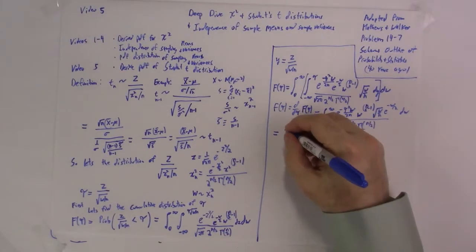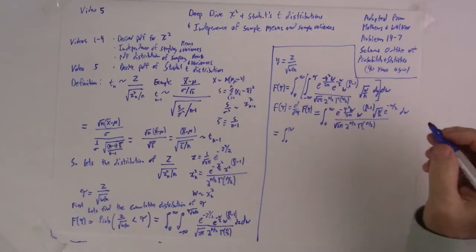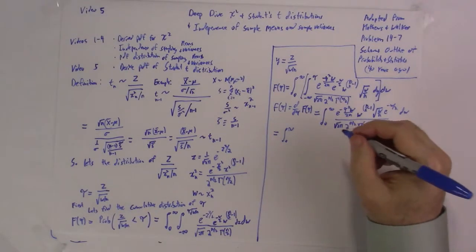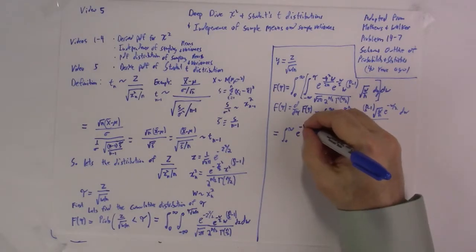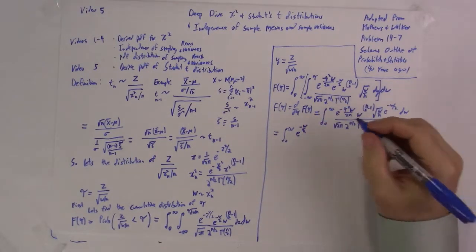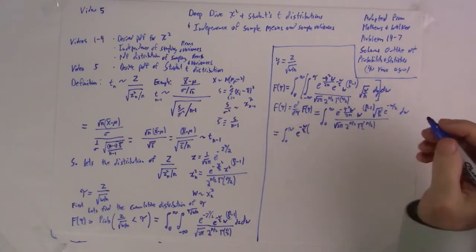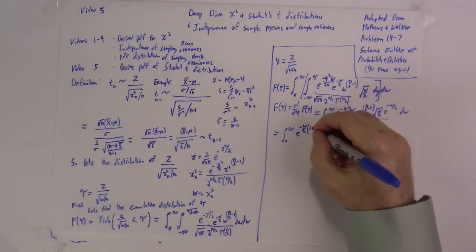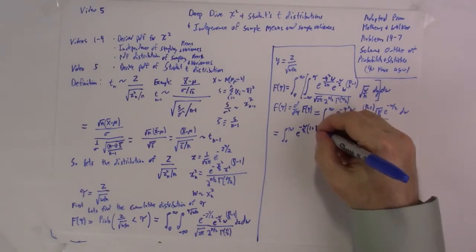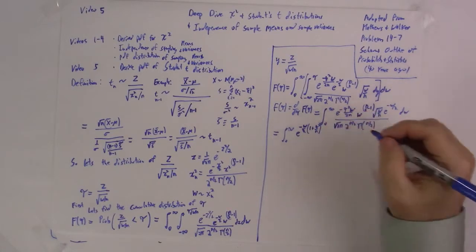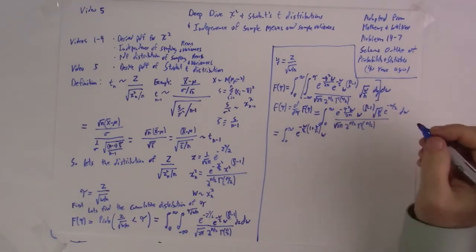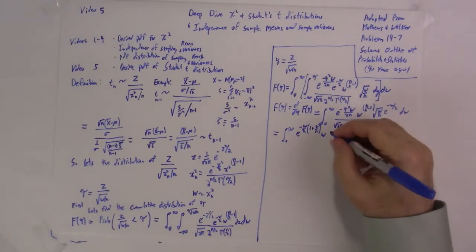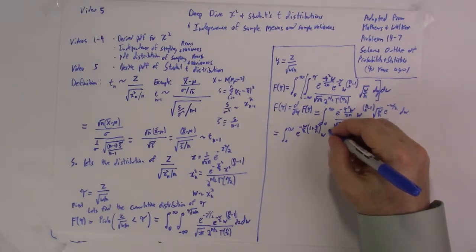The integral from 0 to infinity e to the minus w over 2 times 1 plus tau squared over n w. Notice there's a w here, so I'm going to write this as n plus 1 over 2